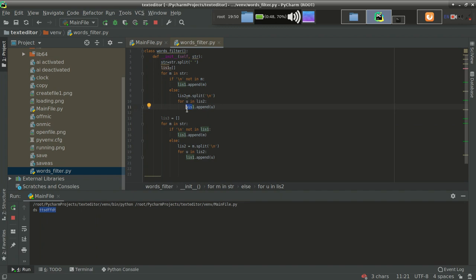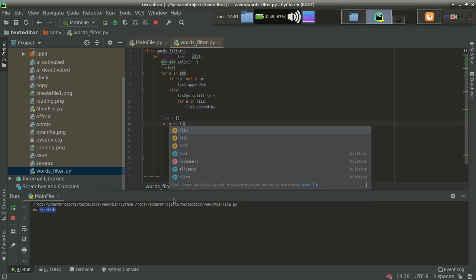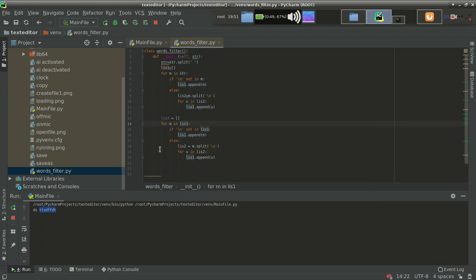This time I want to apply filtration over list 1, and further filter it for backslash t, because I have filtered it against backslash n. Now I have to filter it against backslash t, so that's why I'm traversing in list 1 this time.